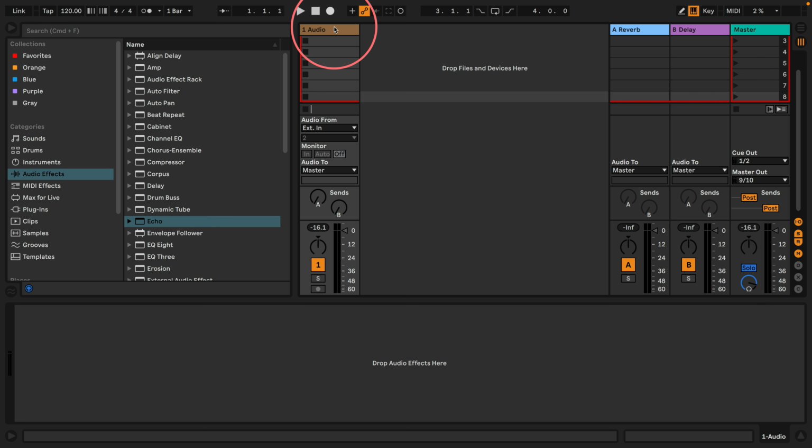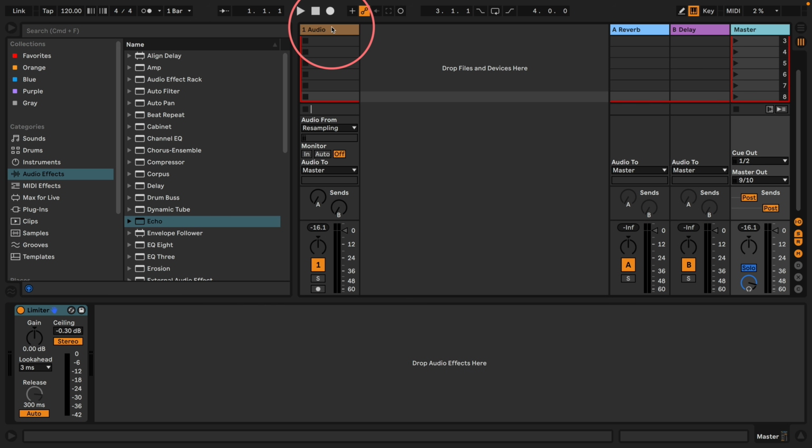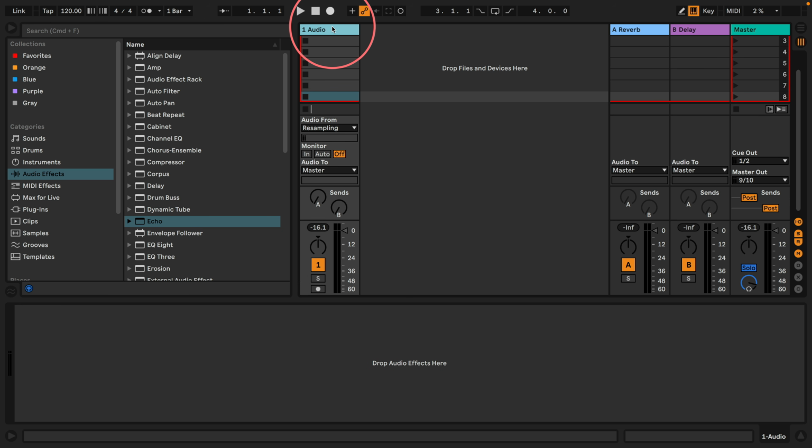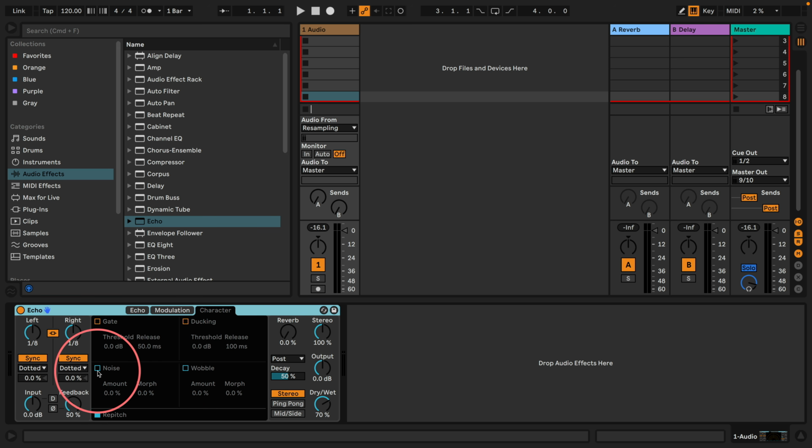First of all, I have one audio track and I'm going to set the audio in to resampling because I'm going to do a lot of resampling. Just to be safe, I've put a limiter on the master track so we don't blow up the entire universe. And I'm going to start with a snare drum, and I'm basically just going to create some drony noise that I think has sonic characteristics of the types of drum sounds or percussion sounds that I want to use. The Echo is a great place to start for this because it's got this fantastic noise generator here,